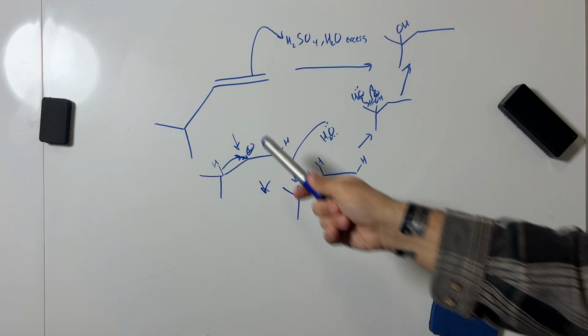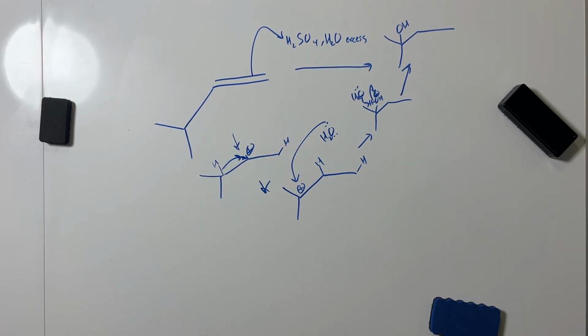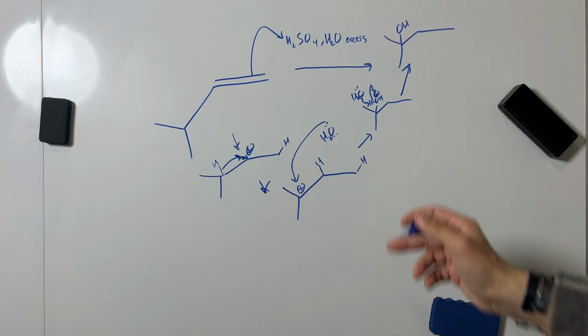Specifically, we're talking about something like hydroboration or oxymercuration to create an alcohol where there's no carbocation mechanism involved. There's no chance of a rearrangement. However, this is still a good reaction to know, and you should,